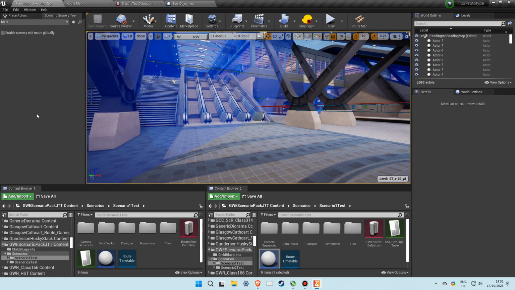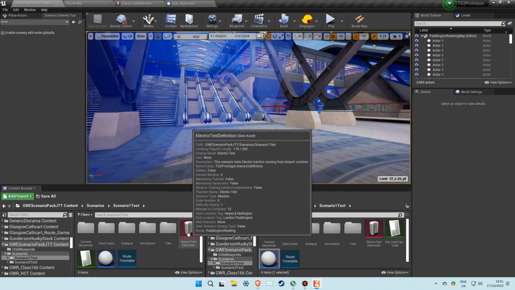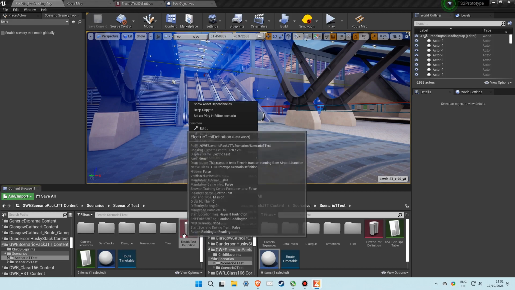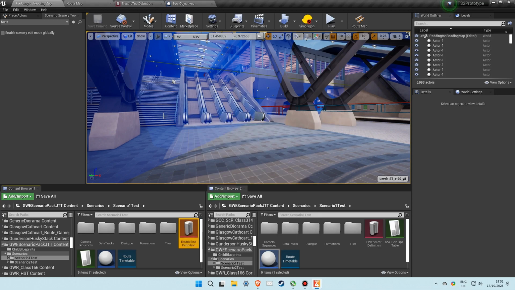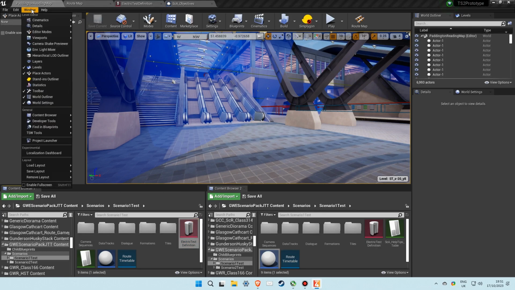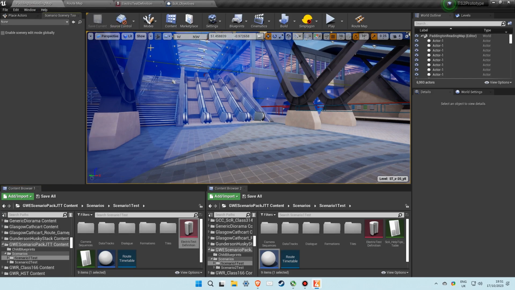So when you've got your scenario loaded and your level loaded, the scenario you want to do it in, first right click the definition and set as play and edit scenario, just so you've got it configured. And then you'll need to open up the scenario scenery tool. If you don't have this, just go to Window, TSW tools, and then load up the scenario scenery tool and snap it to wherever is most suitable for you